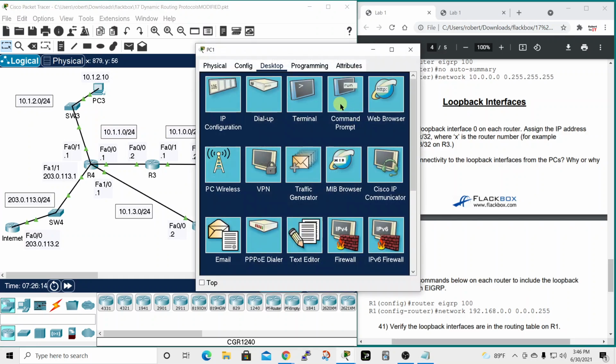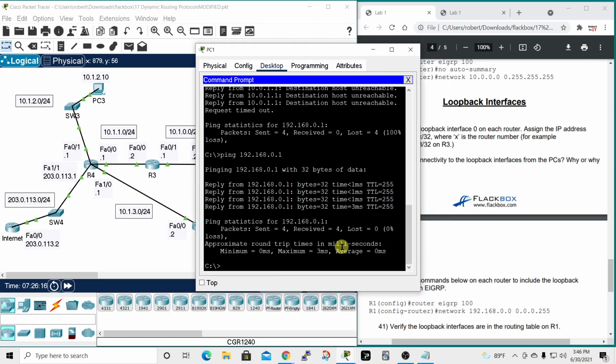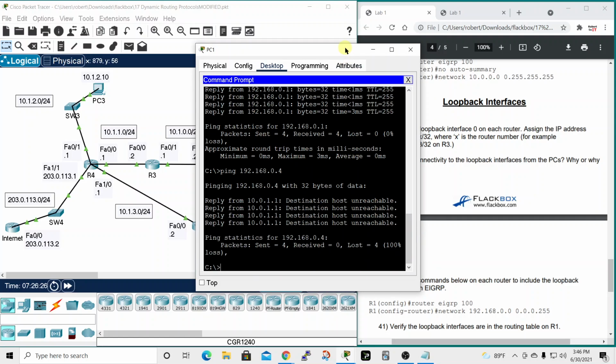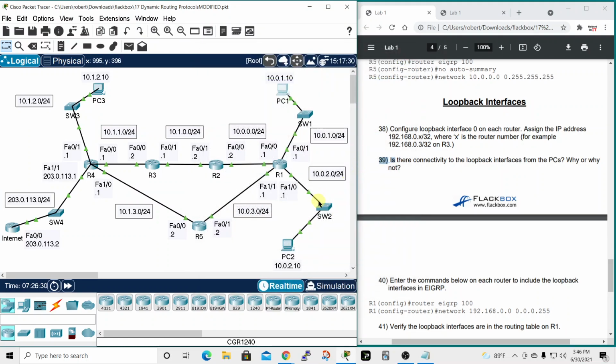All right, so pull up the command prompt, up arrow to bring back the ping, and instead of router 1, we're going to do router 4. So we just changed that. And it's telling us that the destination host is unreachable. So one thing to notice about the IP addresses that we set for loopback,